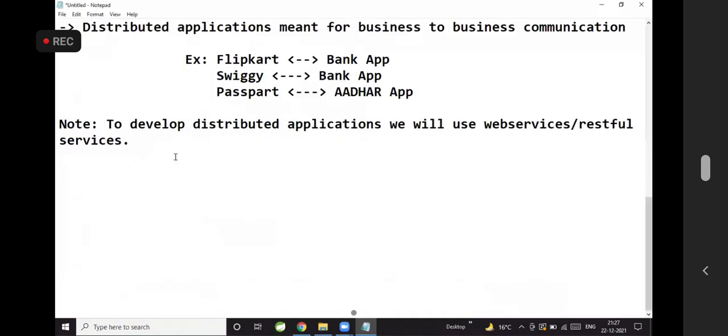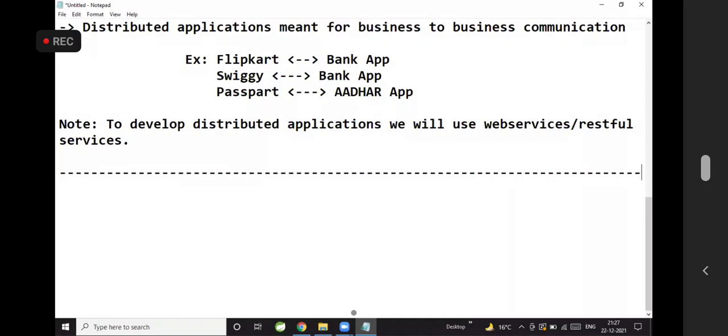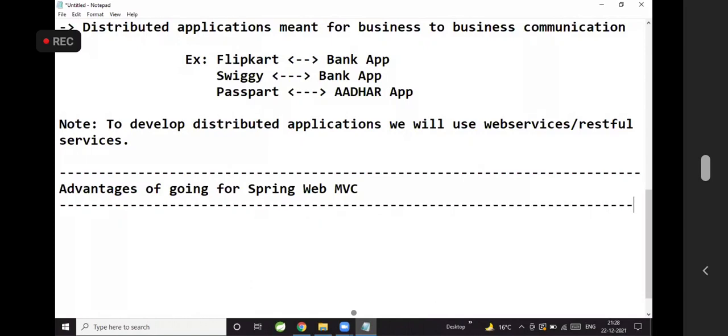Okay. Good. Spring Web MVC provides so many advantages. Advantages of going for Spring Web MVC. Spring Web MVC is developed with Spring MVC components.